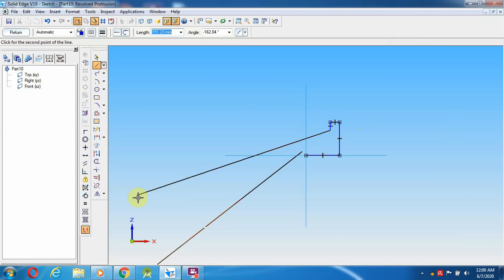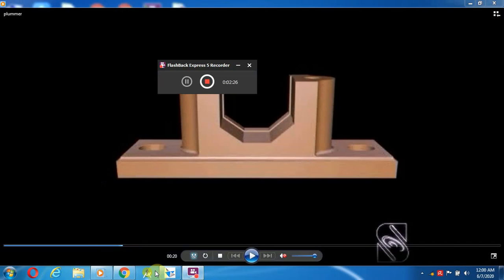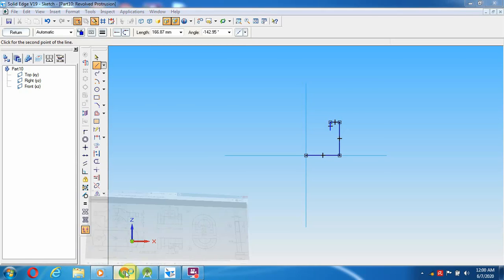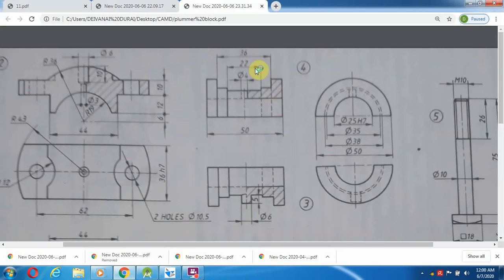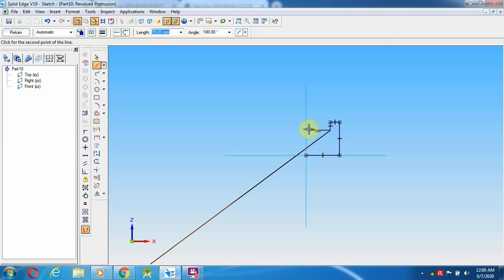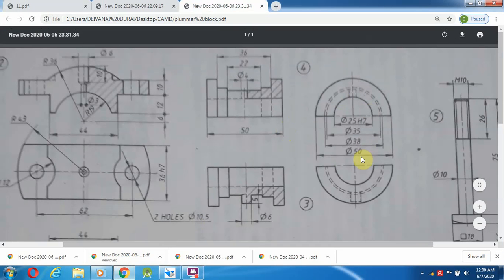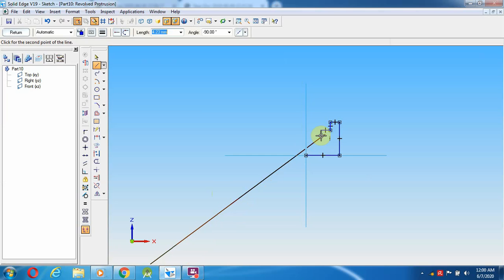Okay, then next, you have to come for 36 minus 22, again 14 mm. So 7 mm distance you have to move here, 7 mm. Then comes 38 minus the next, smaller dimension, 38 minus 35, which is 3 mm.